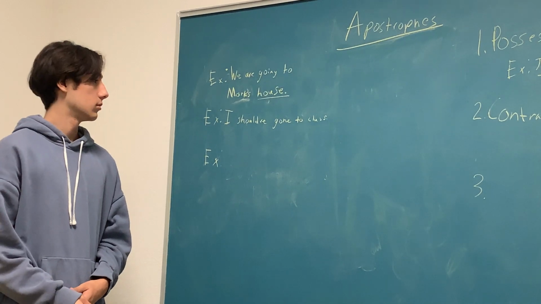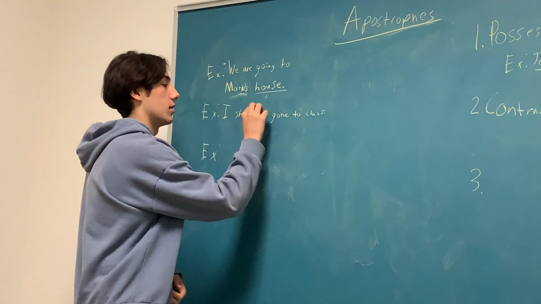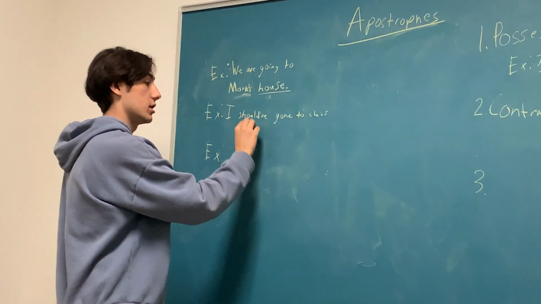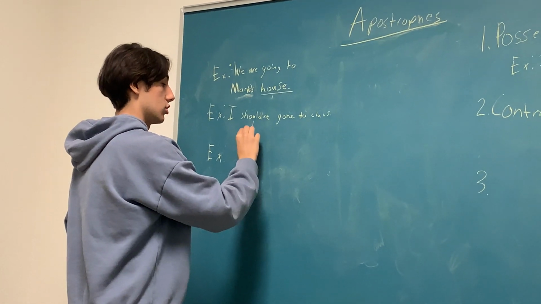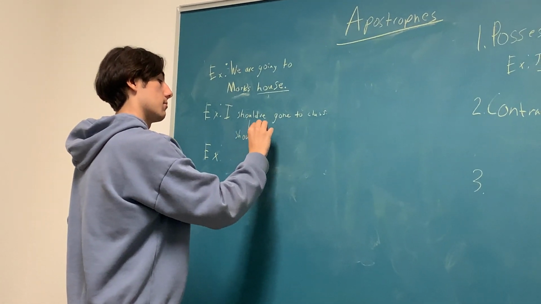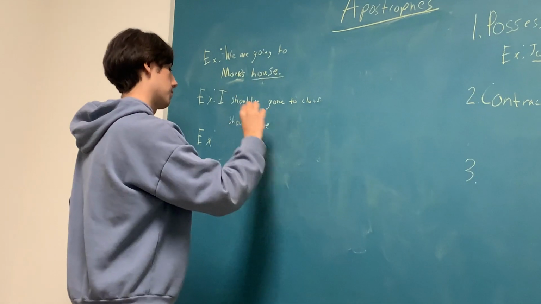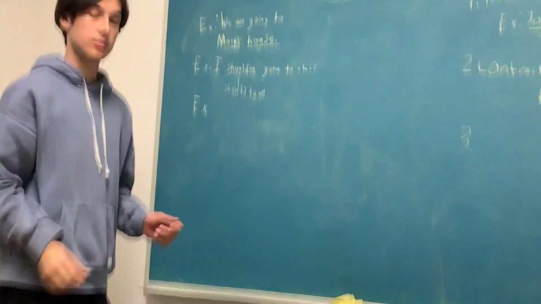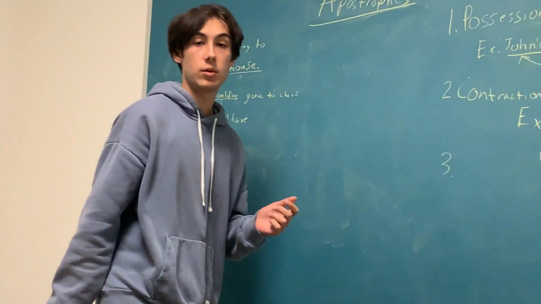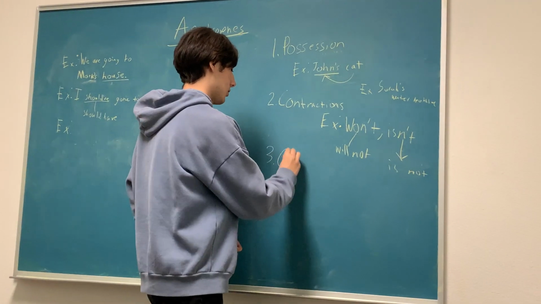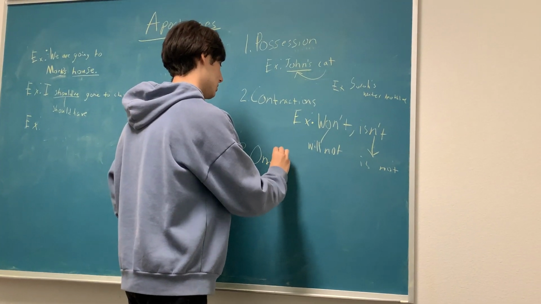After should. That is correct, because should have is an informal way of saying should have. So that's correct. The third and final way of using an apostrophe that I'll be covering is omitting